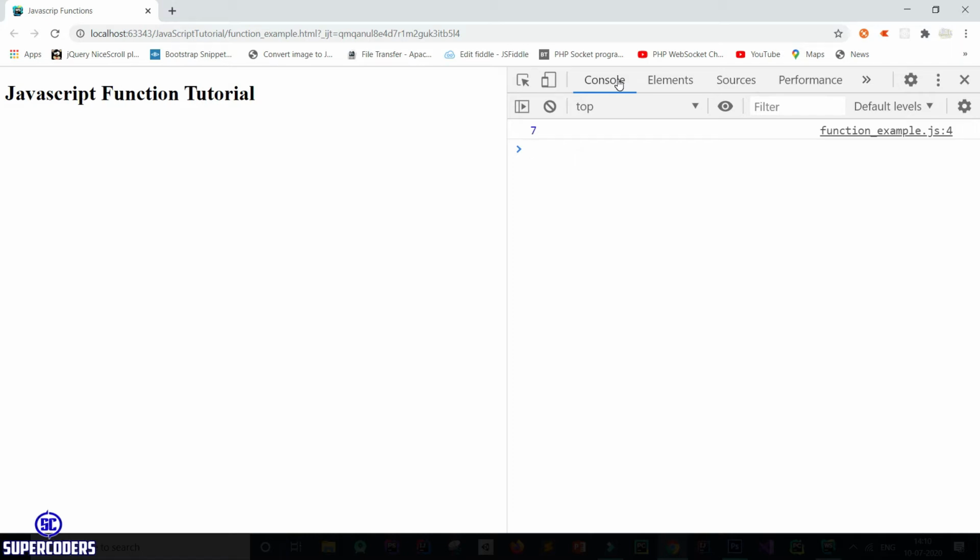Now let's see how you can create different types of functions in JavaScript. This is a simple function with no parameter and no return statement. Now let's create a function with some data passed in as parameters. So let's see an example.